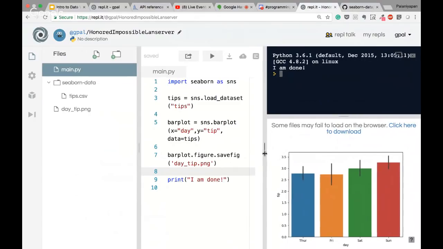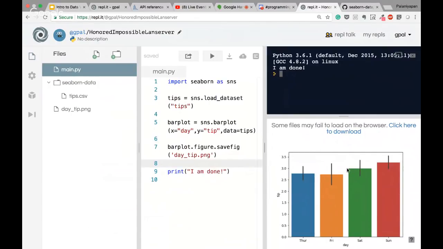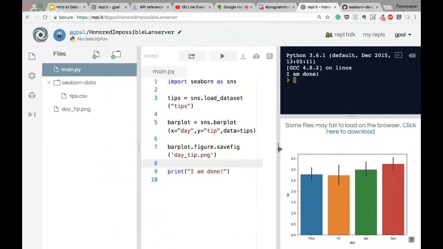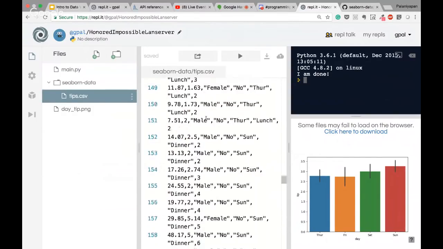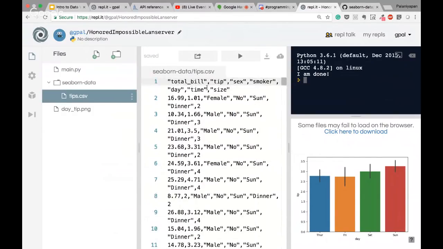So does everybody get this graph? Any issues so far? All right, great. And there are other things that you can do as well. Instead of day, maybe let's take a look at the tips file. And instead of maybe day, maybe we want to look at whether